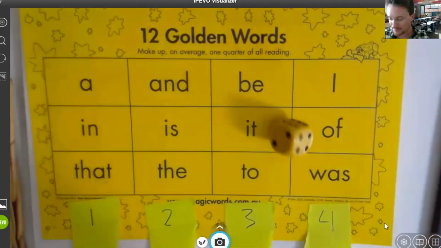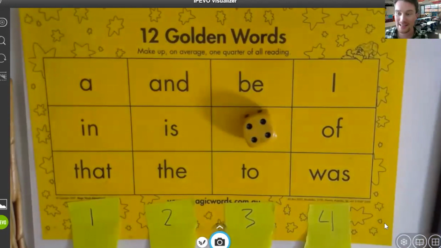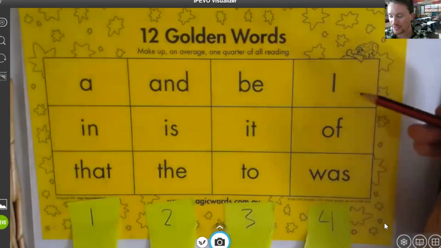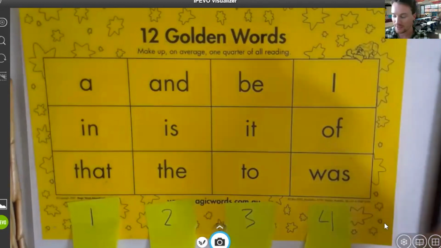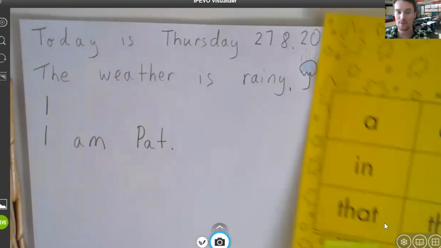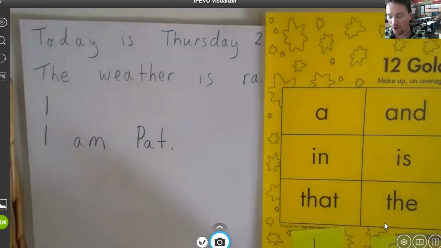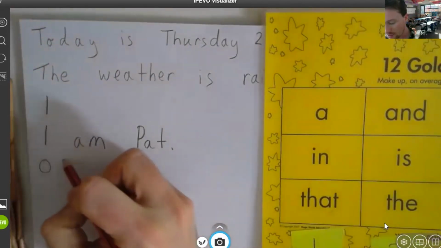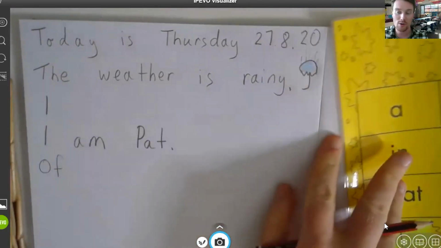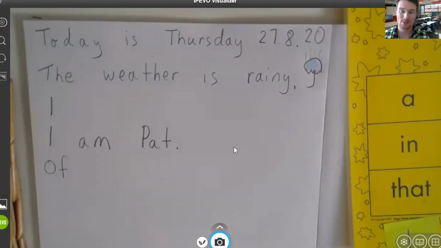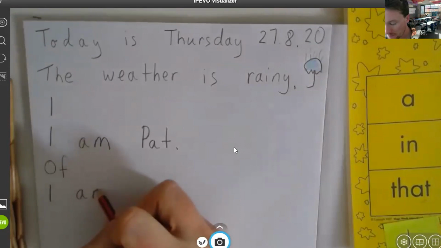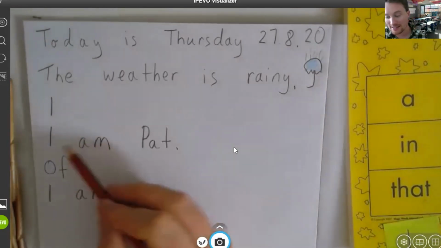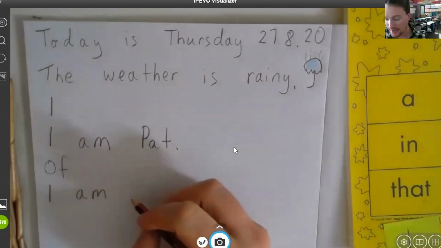Let's roll the dice again. It's 4 again. There you go. So we've already written a sentence with I, haven't we? So we're going to go down to of. So either start your sentence with of or just include that word of. So I'm going to write down of at the top so I don't forget what word I'm writing about. Now, one example that you could use for your sentence is, you might have heard this before, I am, similar, hey, the same as our other sentence, I am